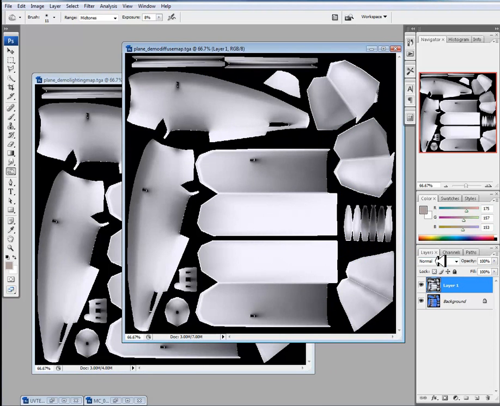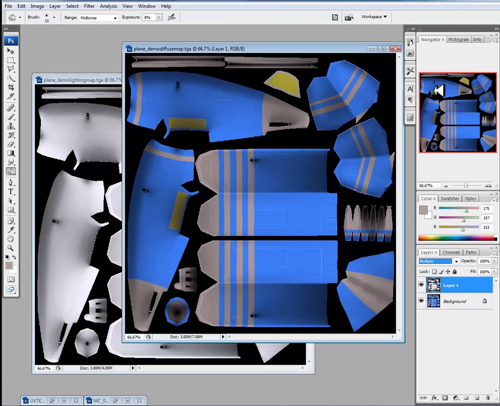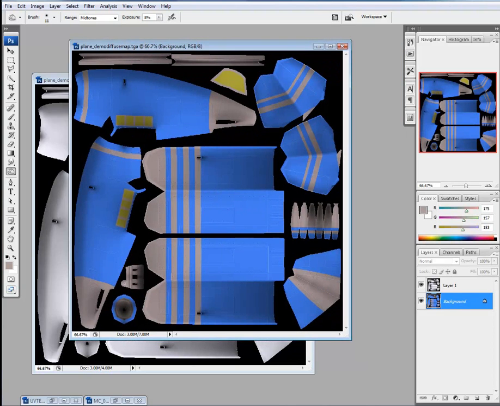Then to see the effect, I can change my blending mode to multiply. And now I get the shading information applied on top of the color information. If at any point the shading information is just too strong, we can take the fill value and just drop it down to like 75, 80%, so that it's not as powerful. I haven't edited any of the actual original base texture, but with just this simple information here,